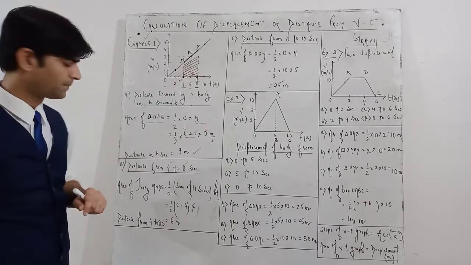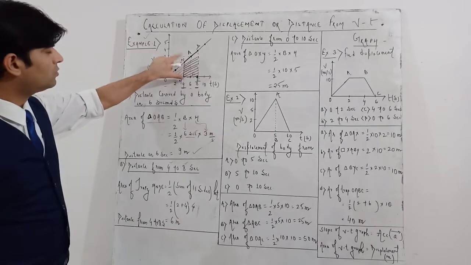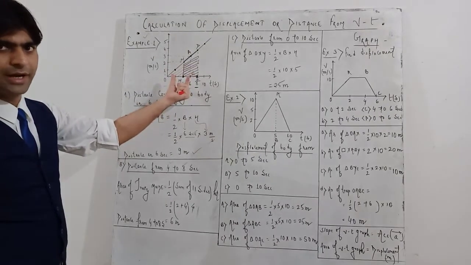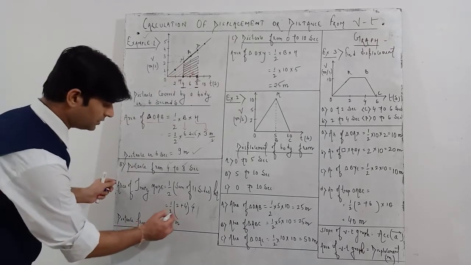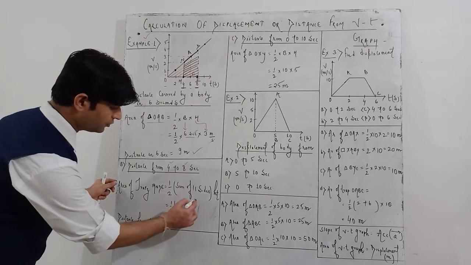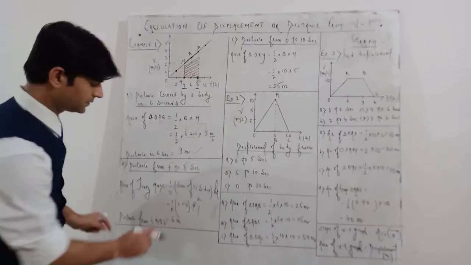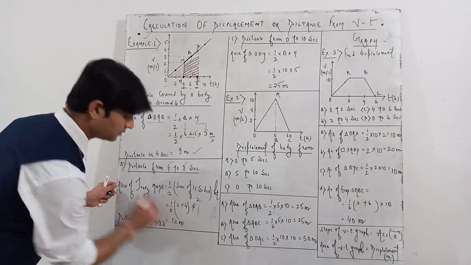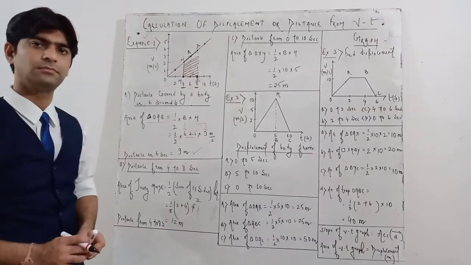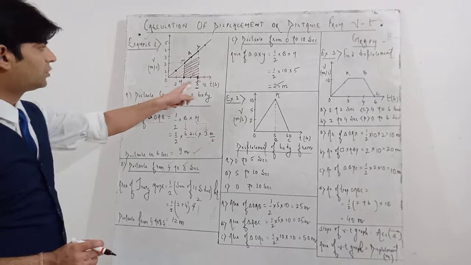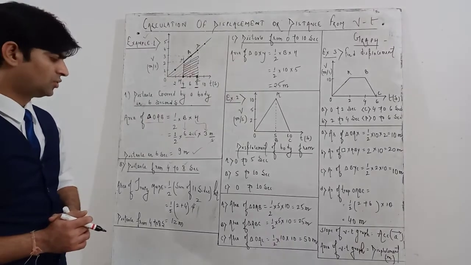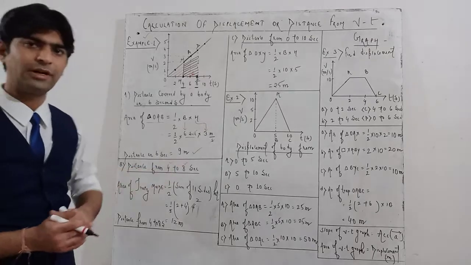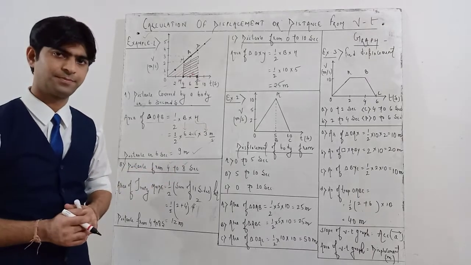That is 4. So half of 2 plus 4 into height, that is 4. So here you will get 2 and 2, 4 to 6, and into 2. So this will be 12 meters. From 4 to 8 seconds you are getting 12 meters. That means from 4 to 8 seconds the body has travelled 12 meters.